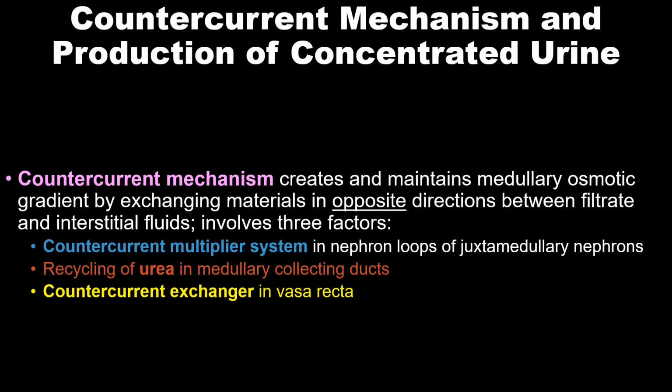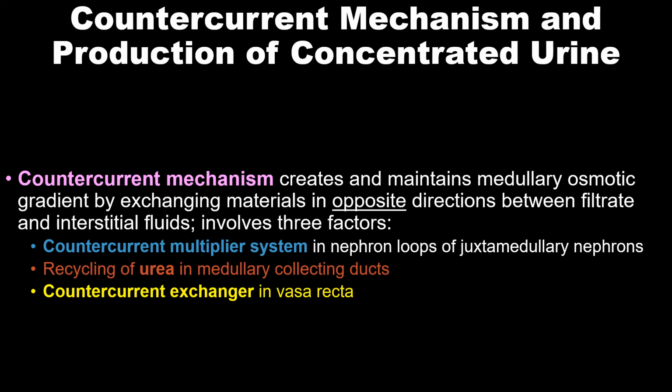If the osmolarity of the interstitial fluid as a whole, in the renal medulla, remained at 300 milliosmoles, there's going to be no further osmosis, and water reabsorption is going to be finished. And so to continue reabsorption and production of concentrated urine, the nephrons have to work to create this osmotic gradient within the renal medulla. And so this is going to be called the